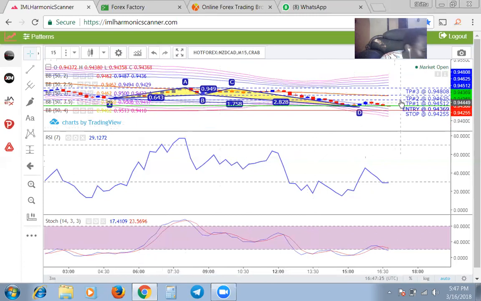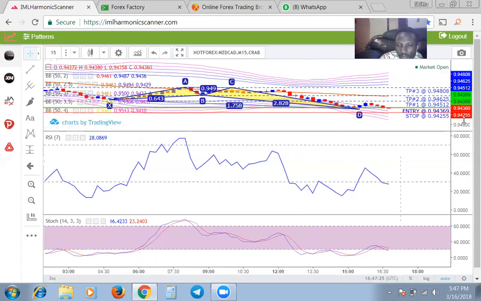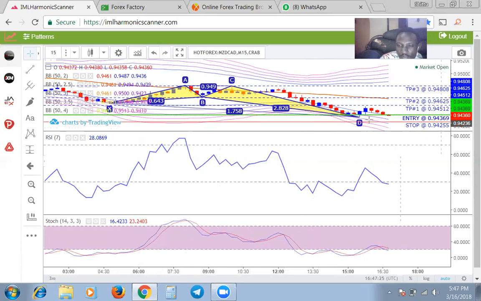My take profit points are above my entry line. So this is obviously a buy market. Are you getting it now? Now, this is my D candle here. Can you see my D candle? My D candle is a blue candle, and